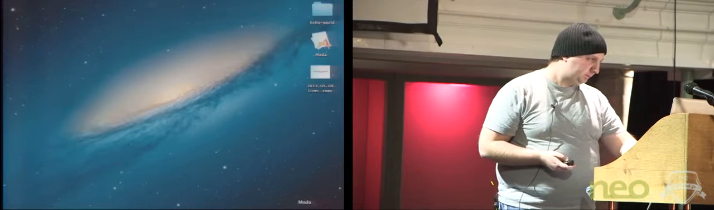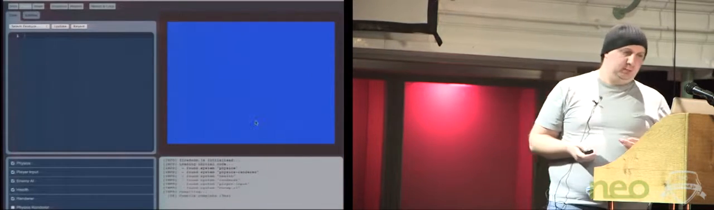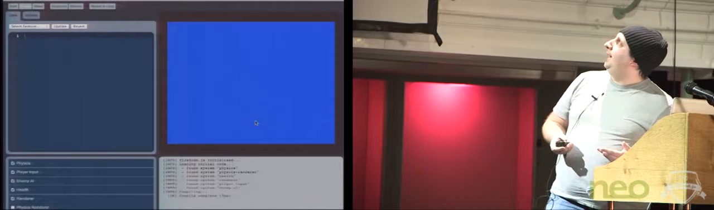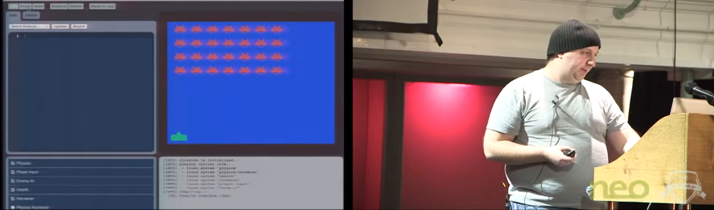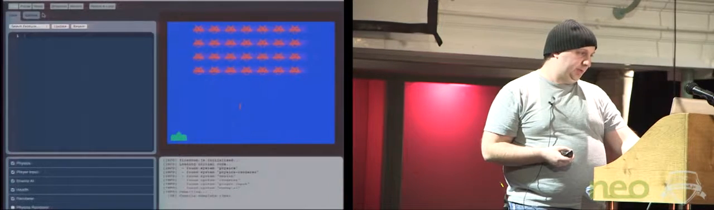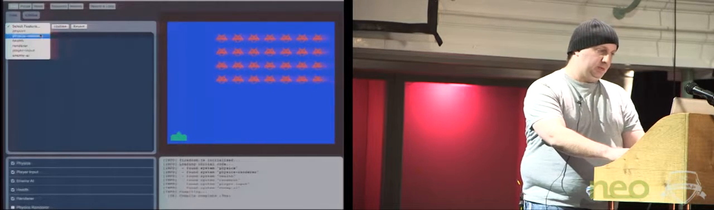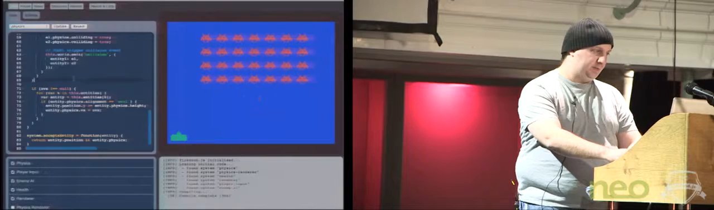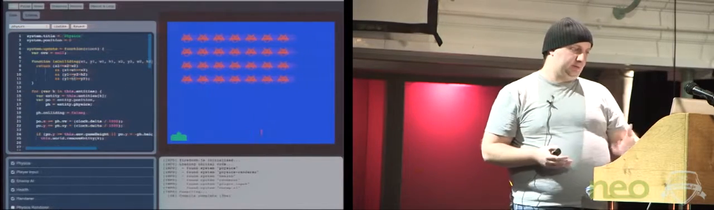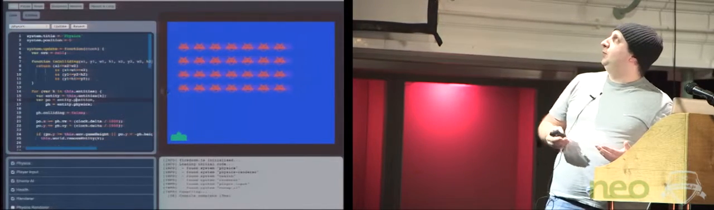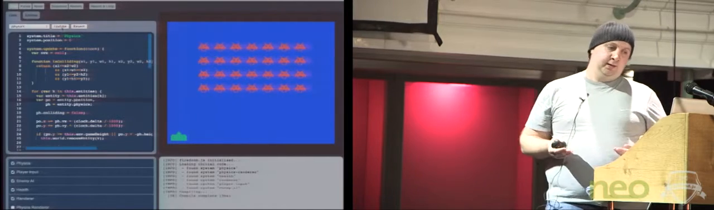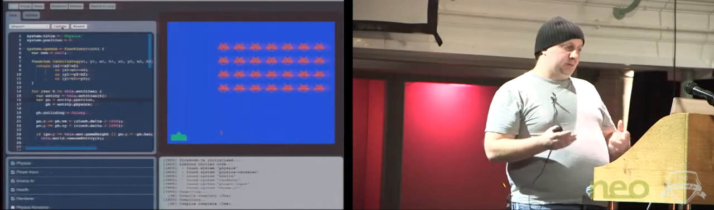So this is a very simple little game here, Space Invaders. And what we can do here is we can load up the code of any system, and we can modify this at runtime. And if I click update, you'll see that we get the notification that it's compiled the new code, but absolutely nothing changed on the screen, because it knows how to take the state that's in the game